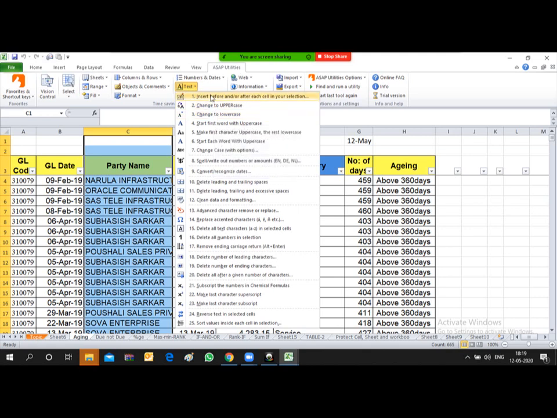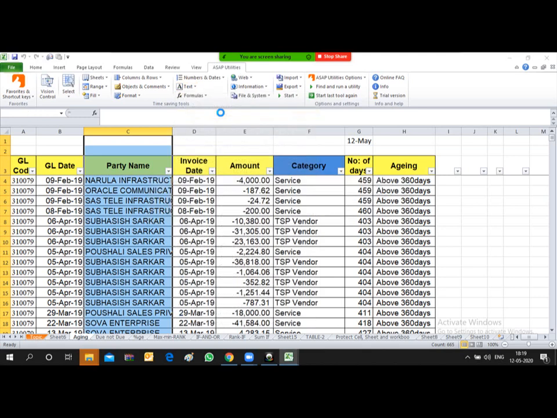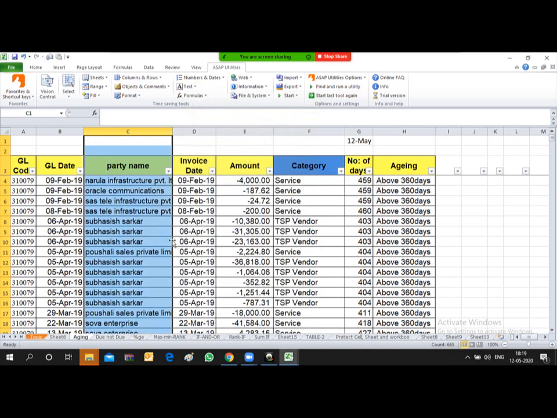Friends, one more thing you just see: change to lowercase, change to uppercase. All these things are also there. So let us try change to lowercase. If I want to change this, all the cells, see friends, all the cells are converted into lowercase.